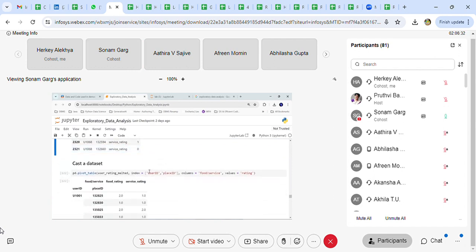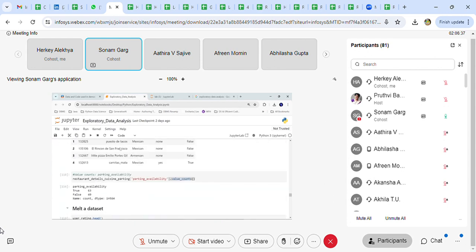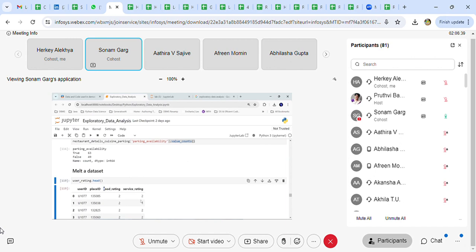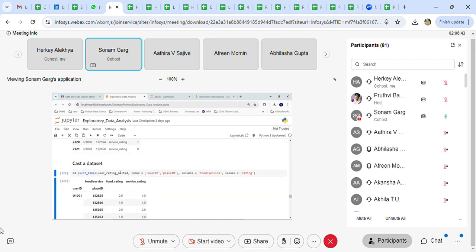Casting it back from this, if you want to represent it this way, with separate columns, you can use the cast function to do that. So melted data, again, if you want to make it back to the original shape, then use cast. So here for casting, we have used